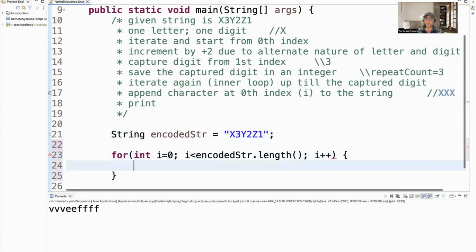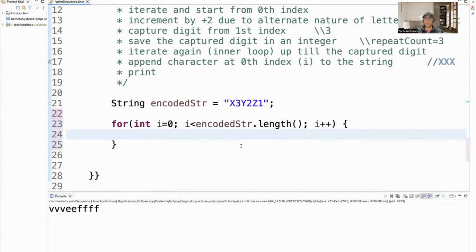So this is done. You're iterating through it. And now you will basically capture this digit, which is 3. So when you're iterating, you are right now at this starting point, that is x, the 0th index, right? And now you want to capture the first index value. So here it is going to be int repeatCount. I declared an integer as per the need, right? And then I go ahead and I give